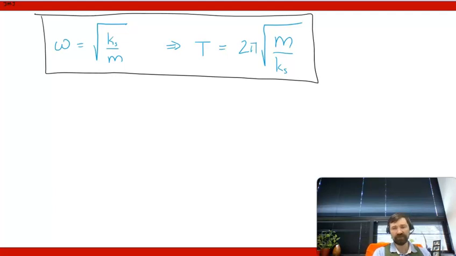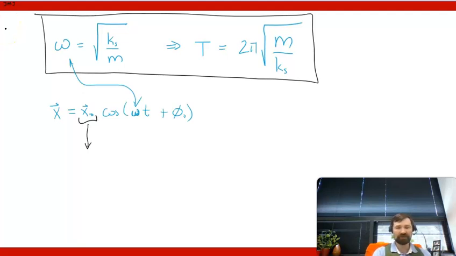As far as the spring itself goes, remember that the simple harmonic oscillation equation says that x should be x naught times cosine of omega t plus phi naught. Well, we now have an omega term right here that we've solved for within this system. So what's the other stuff in this equation represent? Well, this right here would represent maximum displacement. So this is the amplitude, maximum displacement